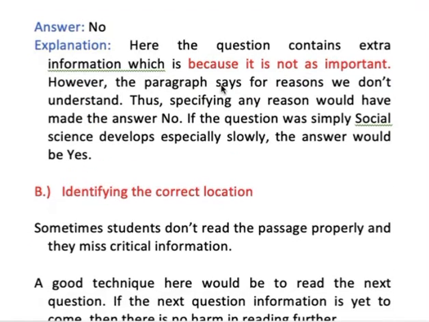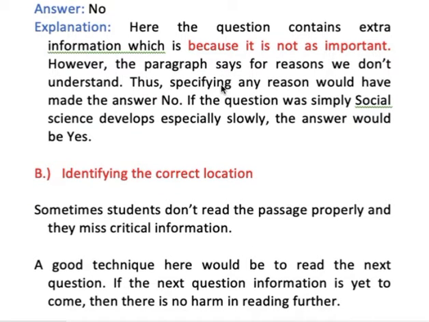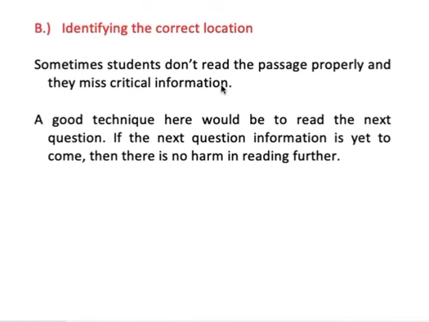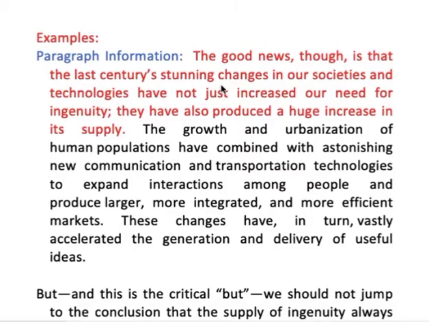Now the second trick in this true, false, not given or yes, no, not given questions is identifying the correct location. Sometimes students don't read the passage properly and they miss critical information. A good technique here would be to read the next question. If the next question information is yet to come, then there is no harm in reading further. In fact, the student should read further. Example,